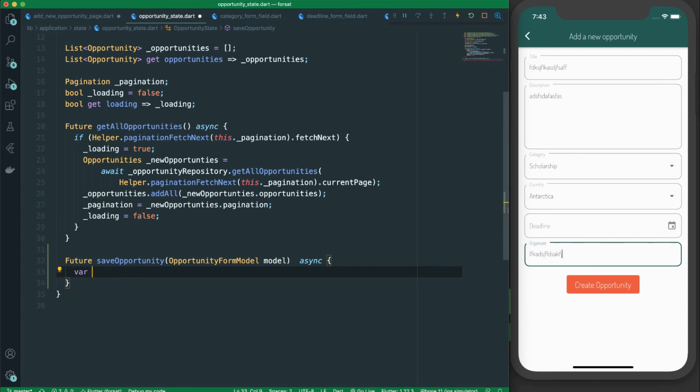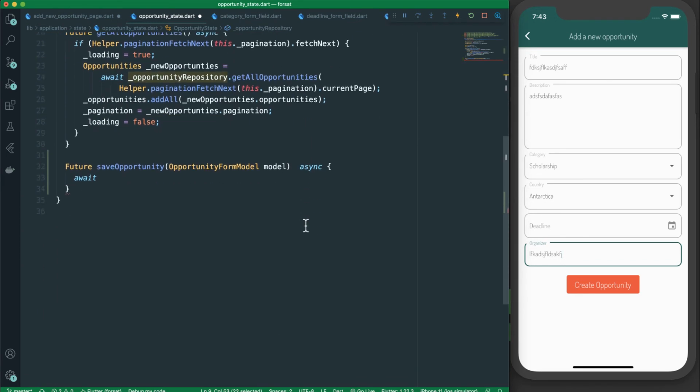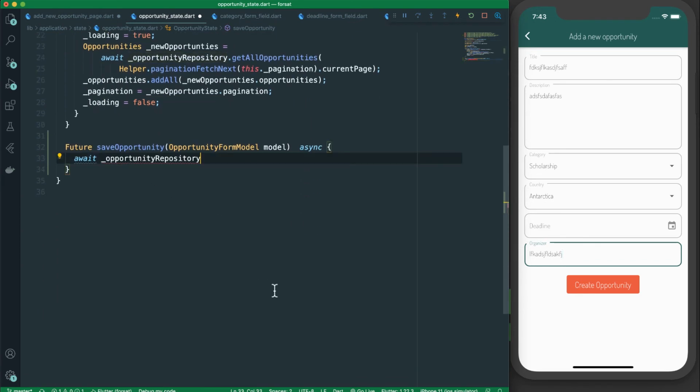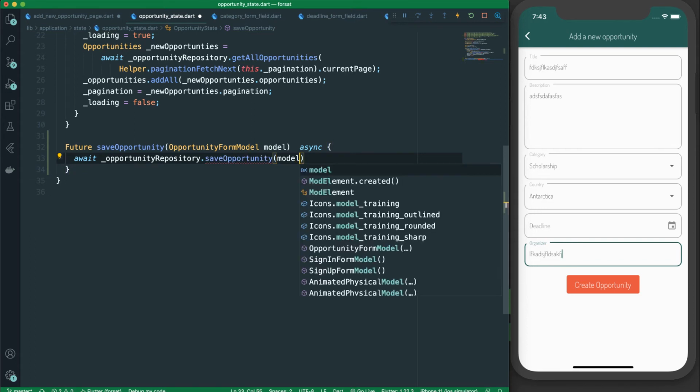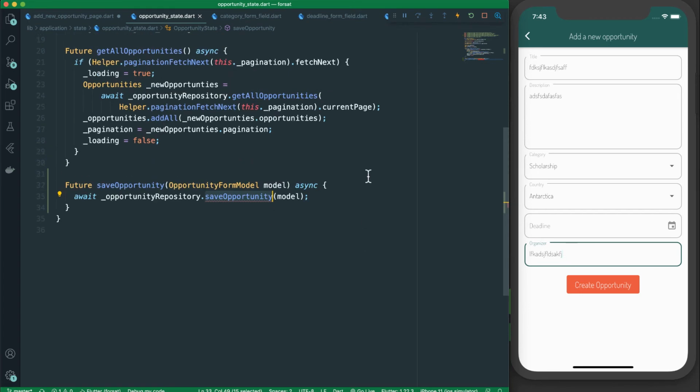Let me put the response somewhere else. Right now we don't need that. We'll call await, and then we will call the opportunity repository and a method called saveOpportunity, which does not exist yet, and we want to pass the model. The saveOpportunity method does not exist on the opportunity